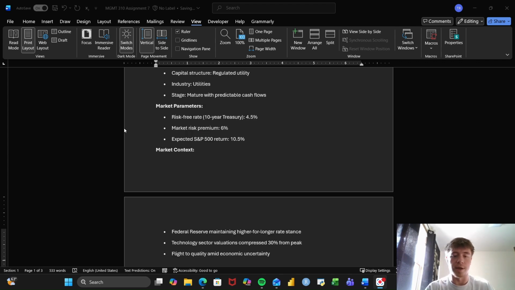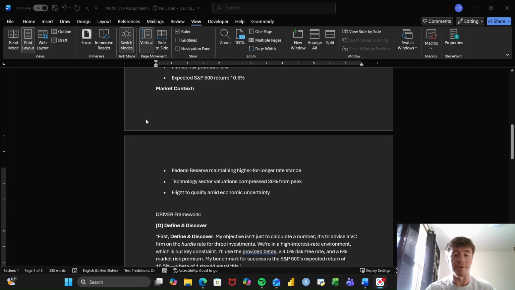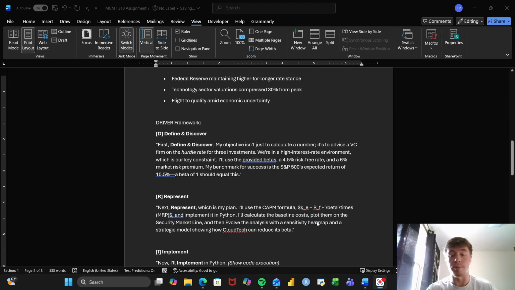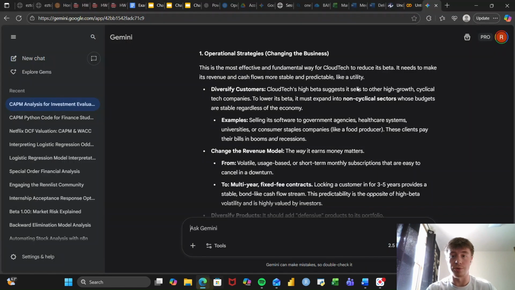Additionally, we will be using Gemini to write Python code to give us outputs, and also some different scenarios to look at CAPM, as well as using the DRIVER framework. And I just covered the first stage of the DRIVER framework, which is define and discover. So I explained the situation at hand, and then I will now be going to represent, which is going to our